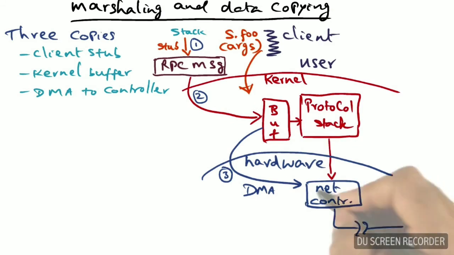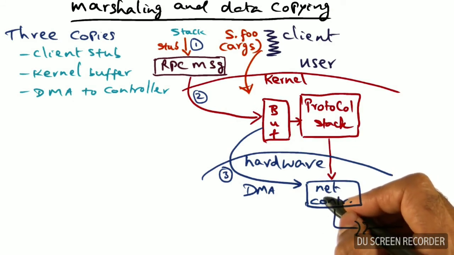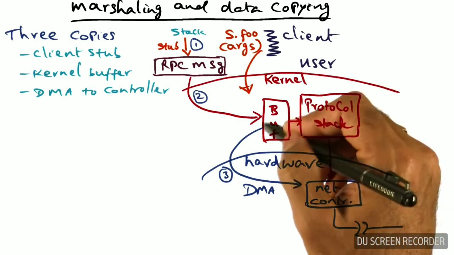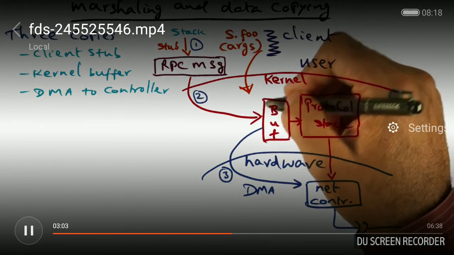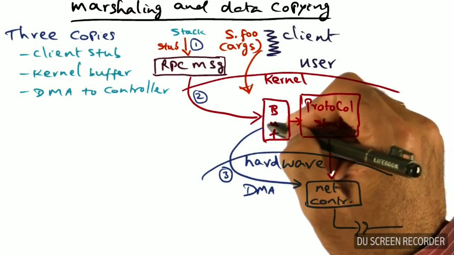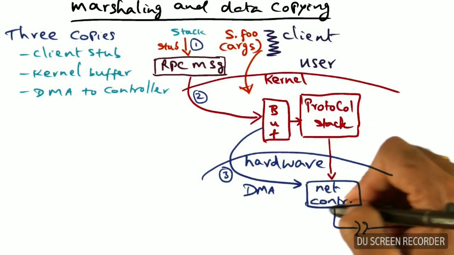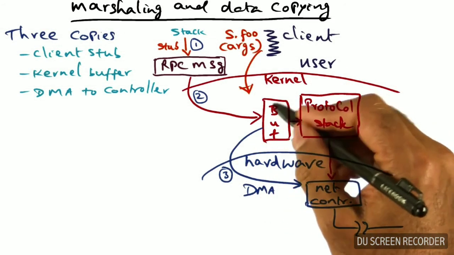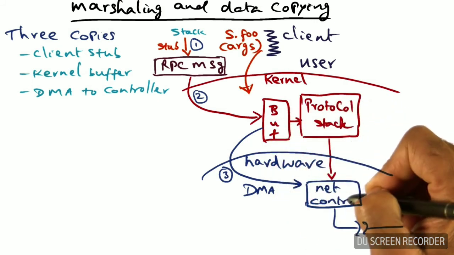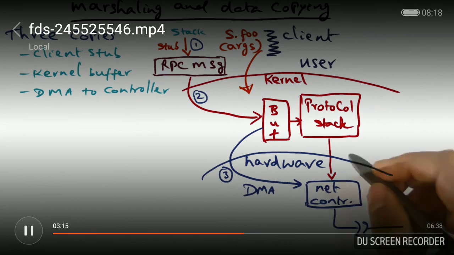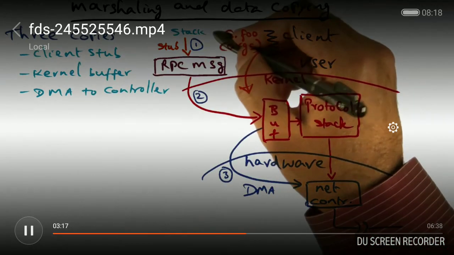The copy that is done by the network controller using DMA to move the bits of the RPC message copied from the user space into the internal buffer of the kernel. And now this movement is being orchestrated by the hardware to move it from the kernel buffer into the internal buffer of the network controller so that it can then get out on the wire. So those are the three copies involved in